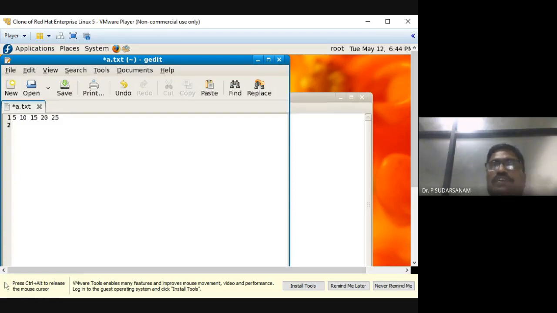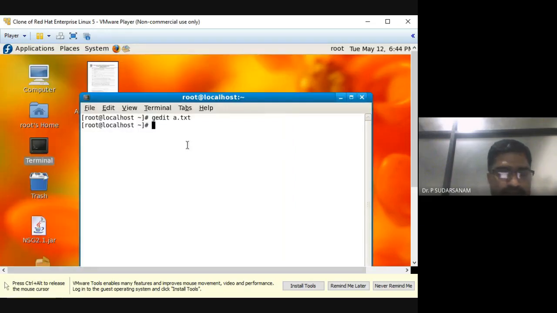Here you enter whatever values you are getting, you have to copy them. So xgraph -x, and the file name is a.txt.